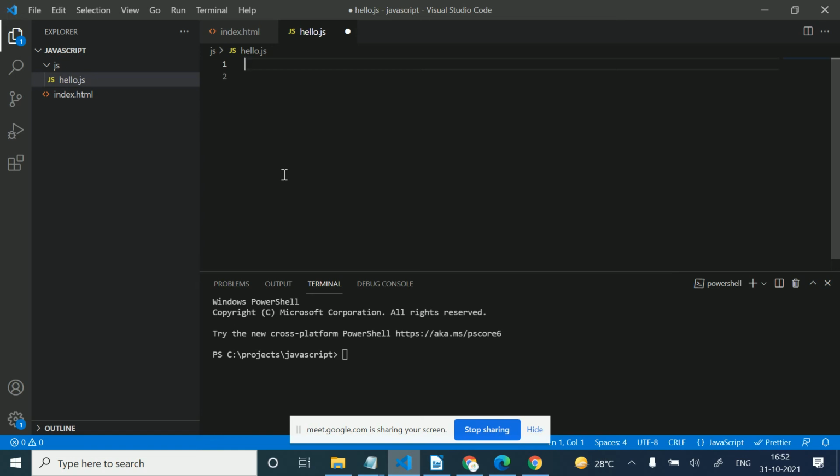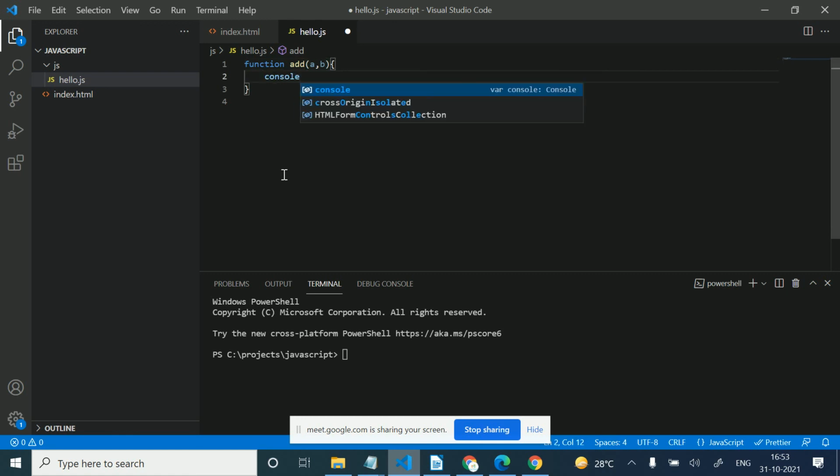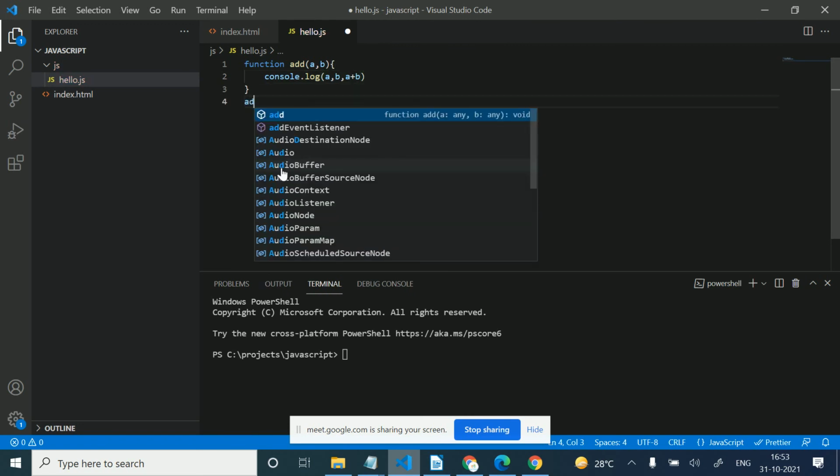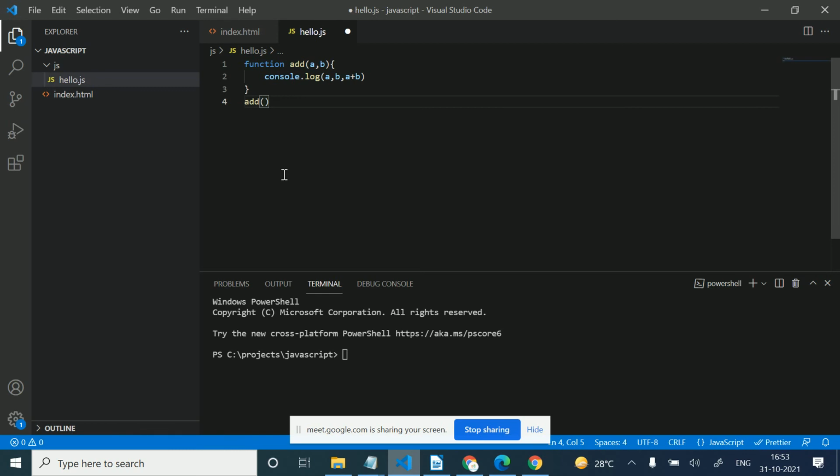Now we will create a function, function add. I'm creating a function to add some values, and we are passing some parameters here, a and b. console.log a, b, and a plus b. Now I will call add and pass some values here, 4 and 5.